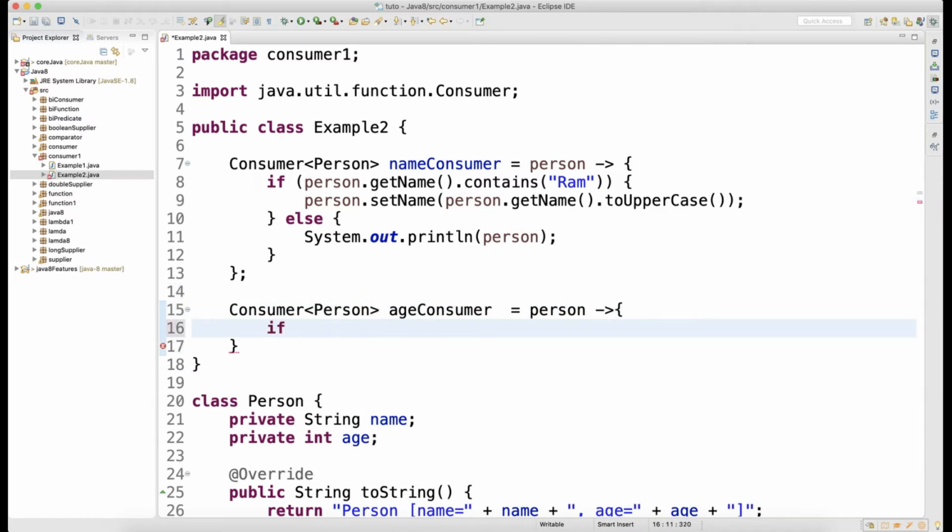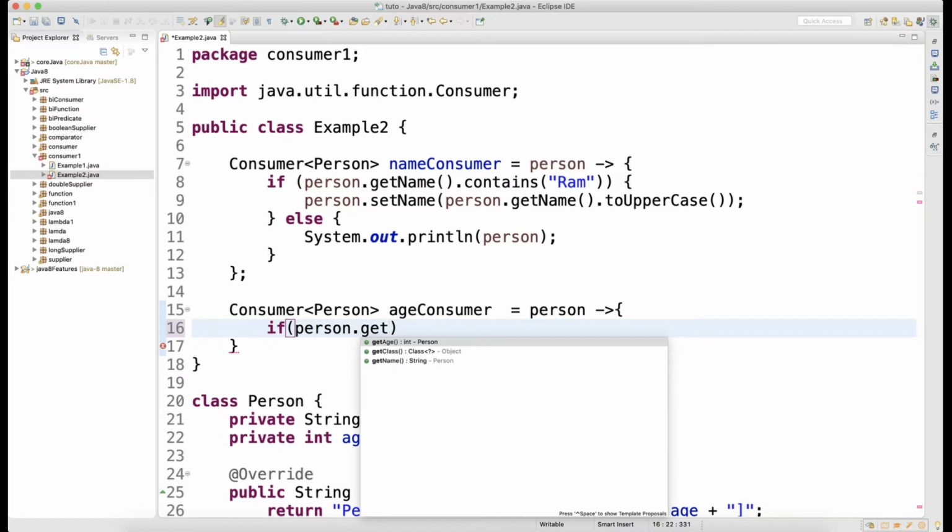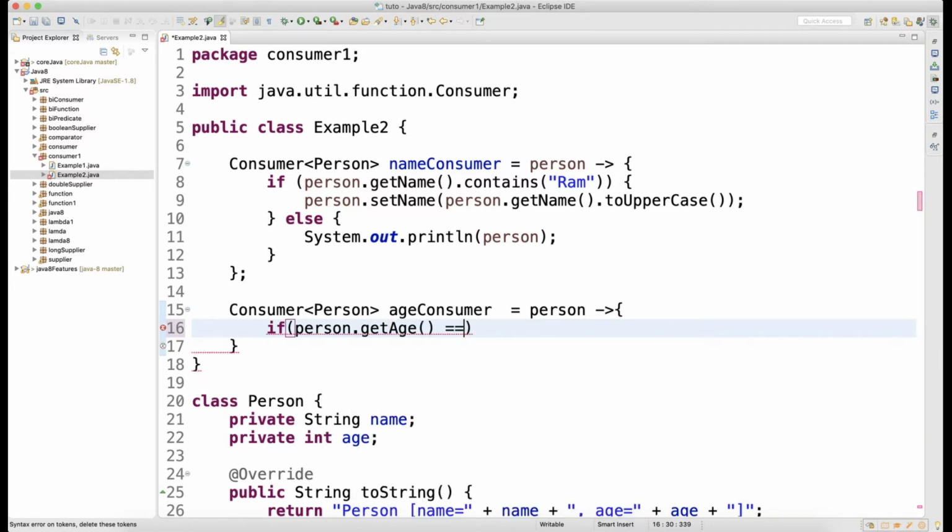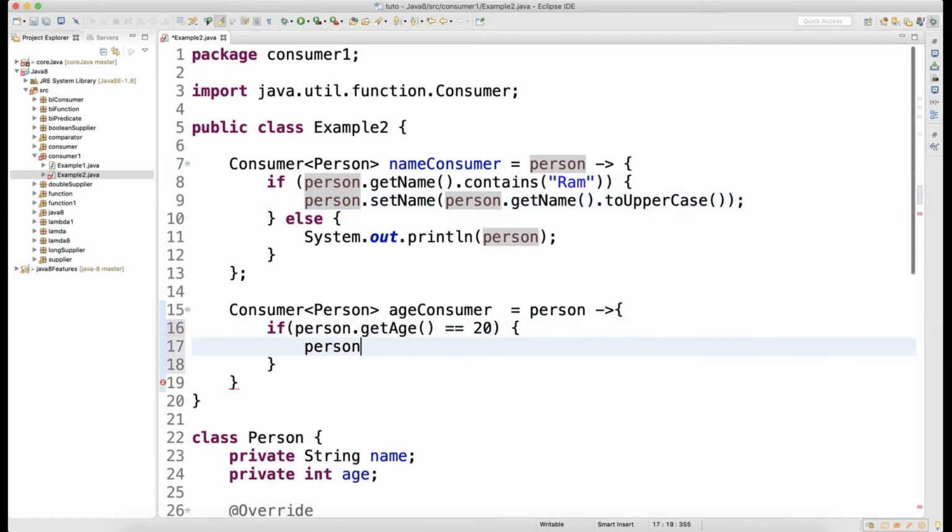If, let's say, this person's age, person.getAge(), is, let's say, 20, assume that. So what I'm going to do is person.setAge(person.getAge() + 20).